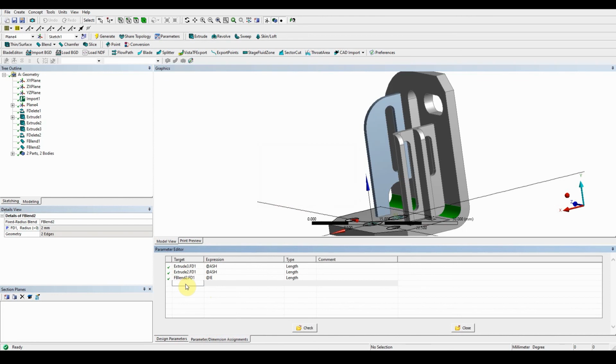So again, in a new function, type in FB blend 1.FD1, and then in the expression at